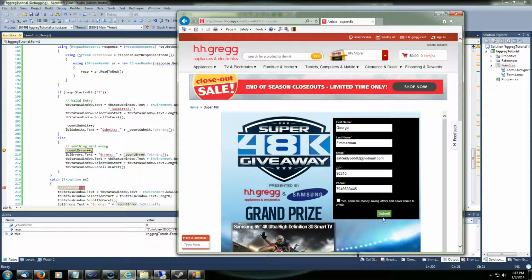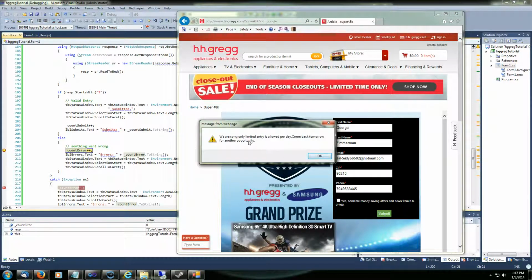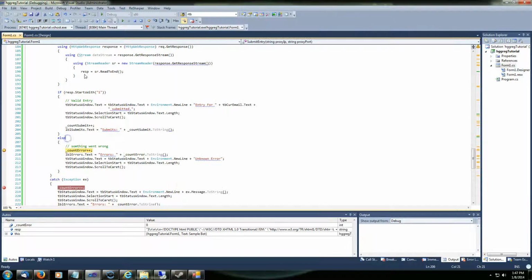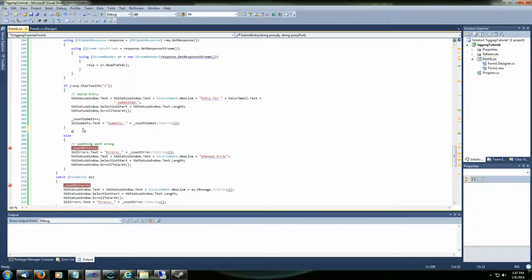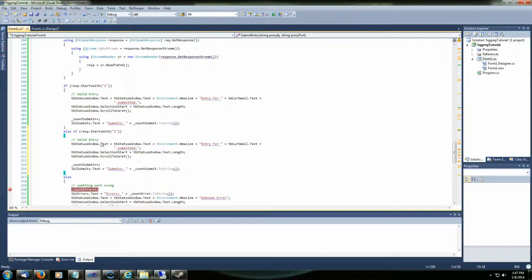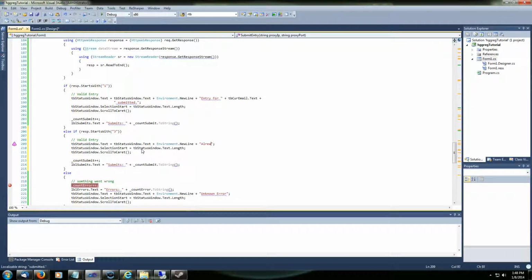And check the yes, hit submit, and only limited entry is allowed per day. Back tomorrow for another opportunity. So basically already entered, it looks like. So we know we can go back here and add an else if statement. Begins with a 3. We're going to update the status window to already entered today,